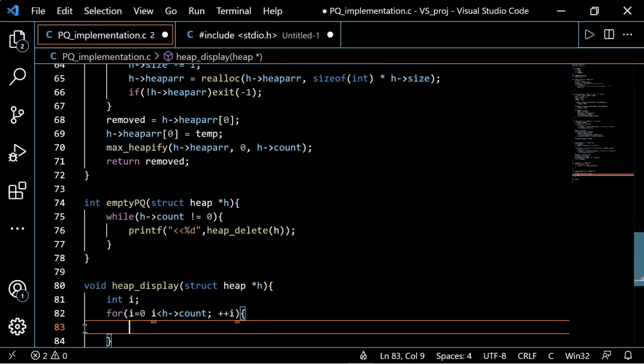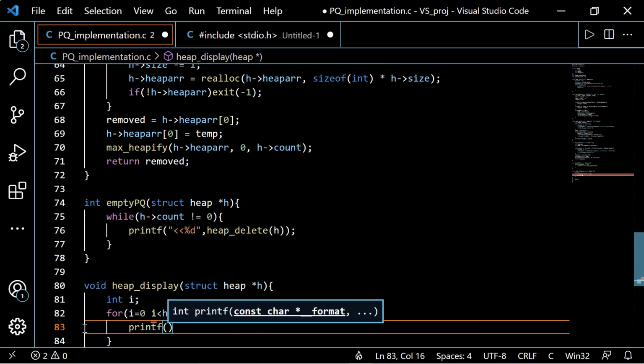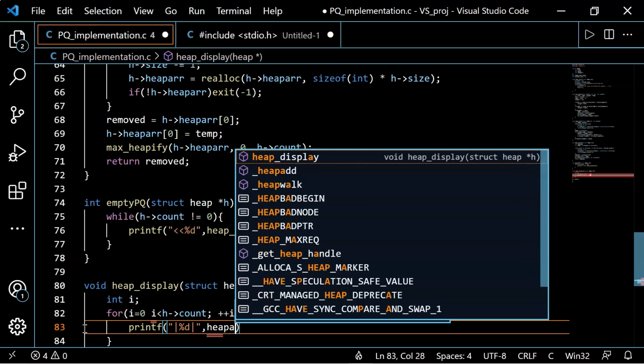Inside this for loop we will print the elements present in our queue using this format, modulus d, and we'll call heap array.